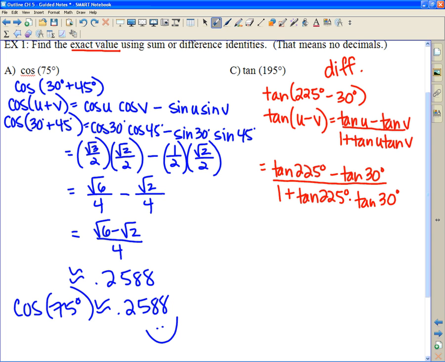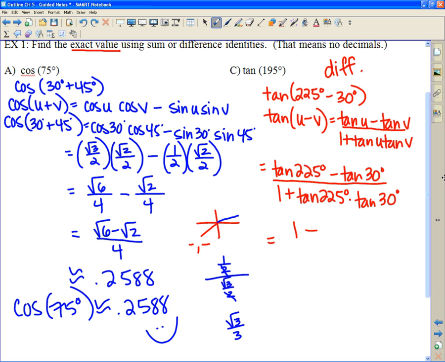If you want to go off to the side and think about what these values are, you can. Tangent of 225 is down here. So that would be a negative negative. So I know that tangent's positive right there. It's a positive 1. So 1 minus, now I need the tangent of 30 degrees. Well, 30 is right here. The y value is 1/2. The x value is root 3 over 2. And we have had a lot of experience with that. That would be root 3 over 3